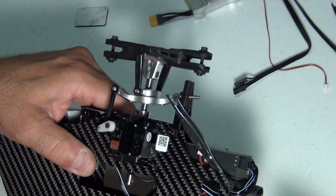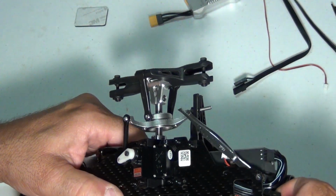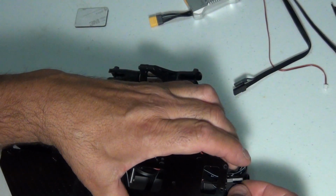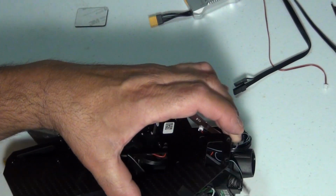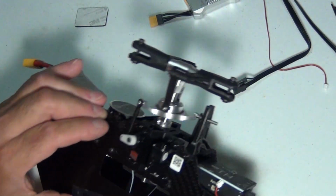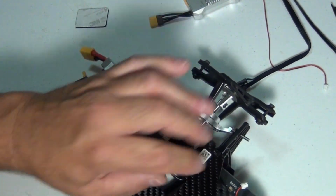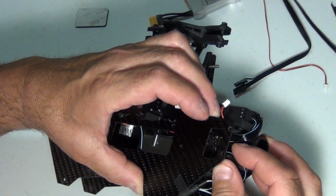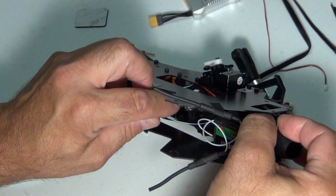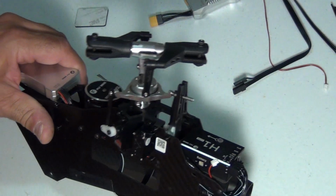Alright, so the servo wires kind of go through, up and over, and down. Might be a little tricky getting them in later. I'm probably hoping I pulled the frame out. I'm going to lay this down. We need a little bit more room. Hold it with my finger. Alright, so the up and over isn't going to work this way. Just like a puzzle. It goes up first, back down towards the receiver, then up. Sorry, I'm coming out of the screen here. So,